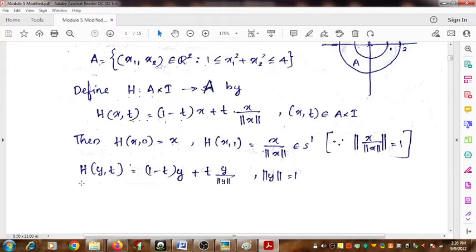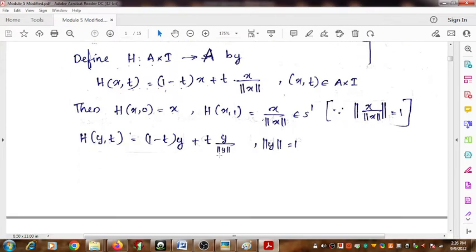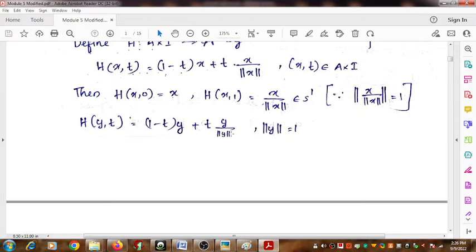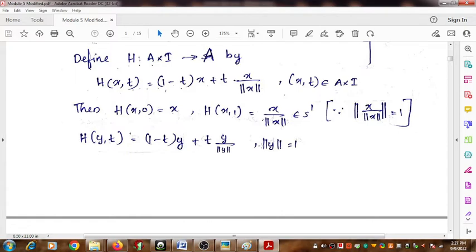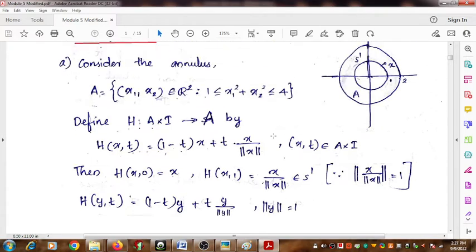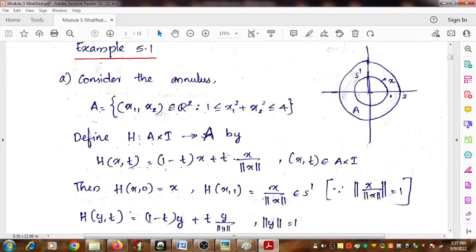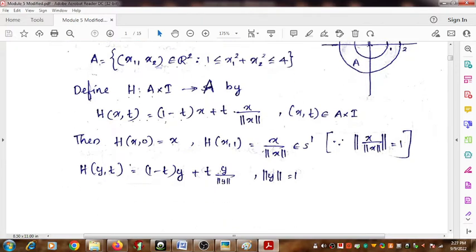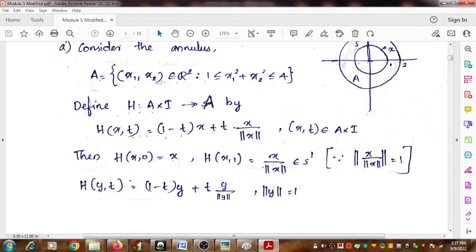Then the third condition: H(y, t) equals (1 minus t) times y plus t times y divided by norm of y. Since norm of y equals 1, because y belongs to the inner circle, here we are taking D, the subspace, as x1 squared plus x2 squared equal to 1. That is the inner circle. For those points belonging to that inner circle, its norm value